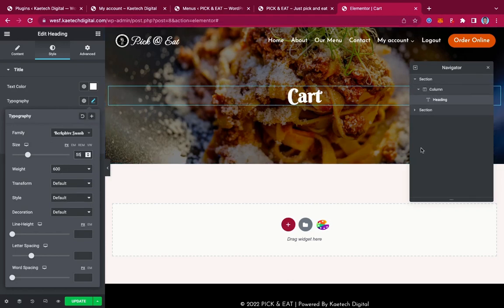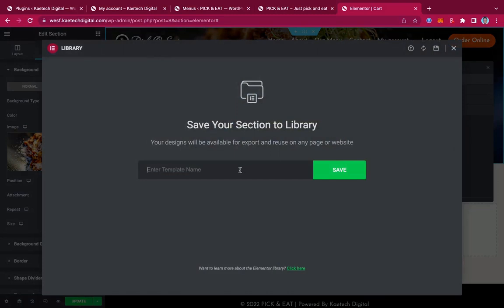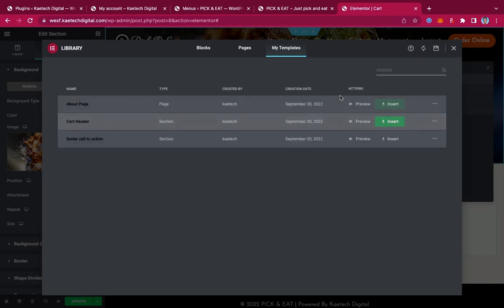Now that we have this one done, okay, all we need to do is click on this section over here, and then this is the section that we want. Okay, so what are we going to do? We're going to right click over here and then save the section as a template. Okay, so we're going to name it maybe cart header. Okay, and then click on save, to save it as a template. Now I'm saving this one as a template because I don't want to recreate it again when I am on the